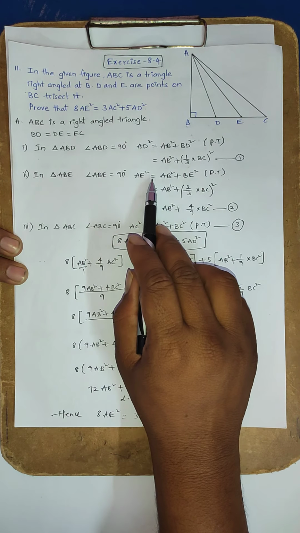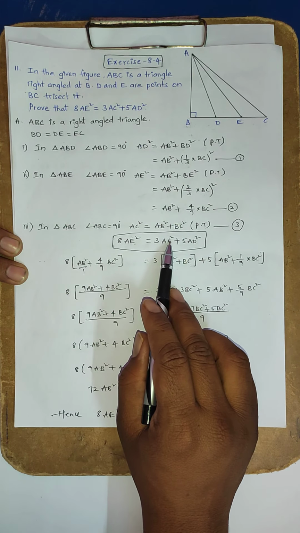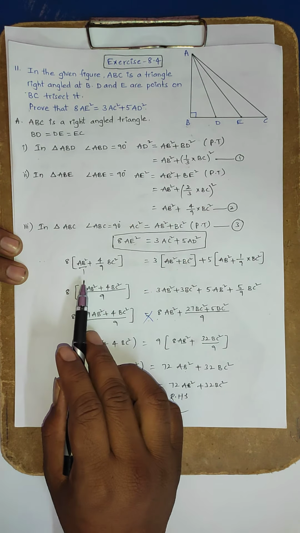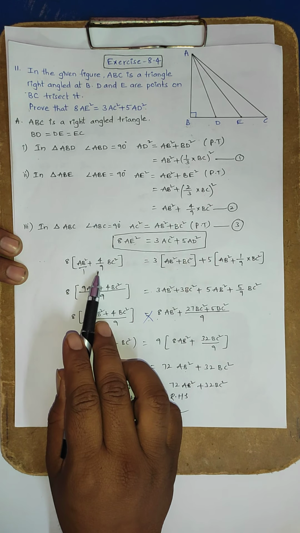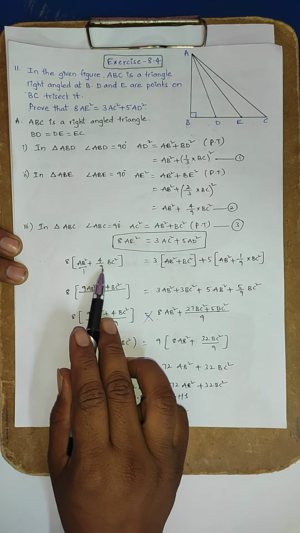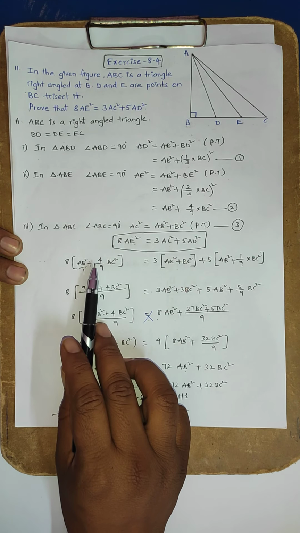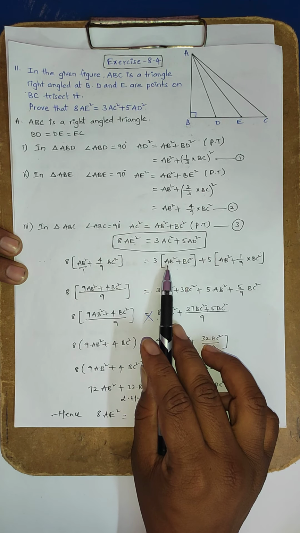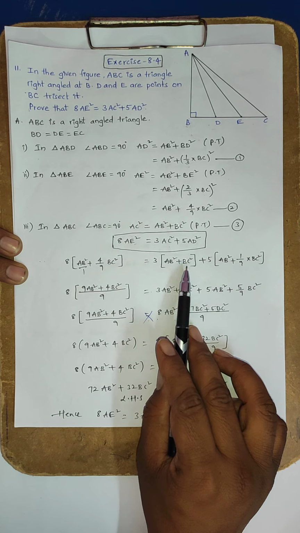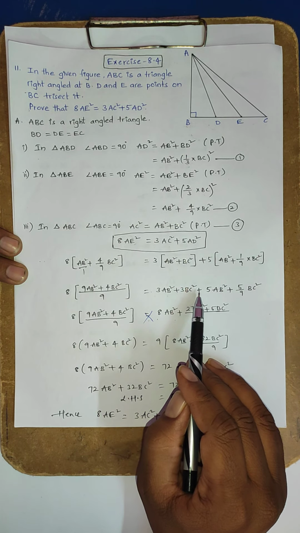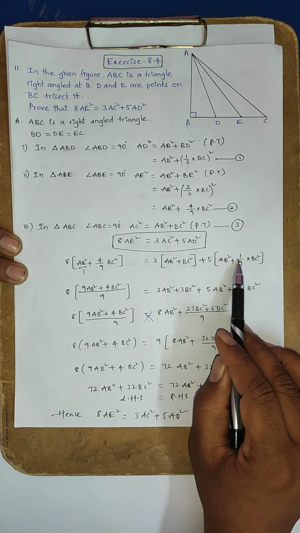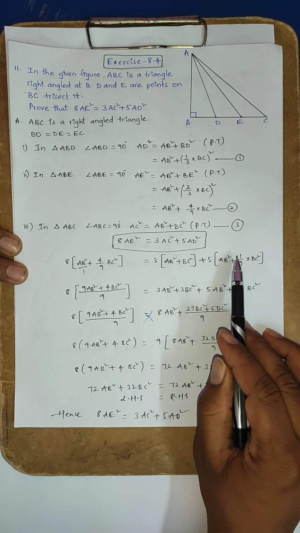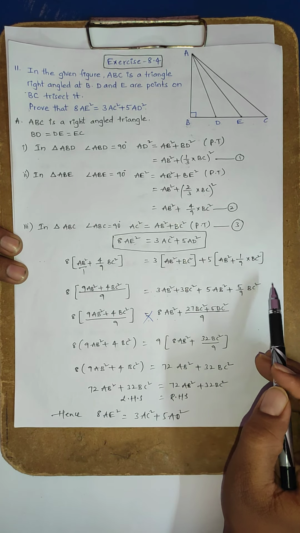In place of AE, AC and AD, substitute these values. LCM of 1 and 9 is 9; the denominators are the same, so write the same numerator. 8 times AE square gives 8 over 9 AB square plus 4 BC square over 9. On the right, the 3 belongs to the first term and second term: 3AB square plus 3BC square, plus the 5 belongs to the first term and second term: 5AB square plus 5 over 9 BC square.